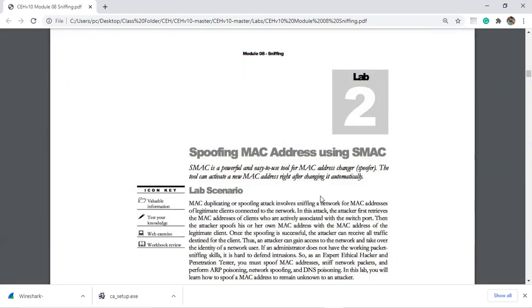Now, if you spoof the MAC address also, then even if someone finds your IP address, there is no issue because no one knows your MAC address. They can easily detect your location using the IP address, but you can move to someone else's place, and your MAC address won't be visible to anyone because you have spoofed it with a demo or fake MAC address. So using SMAC, you can do that.